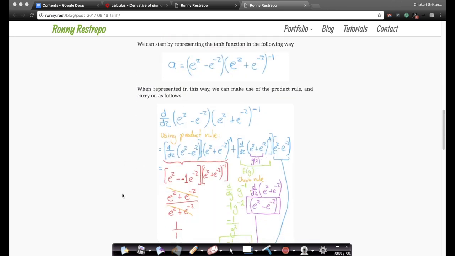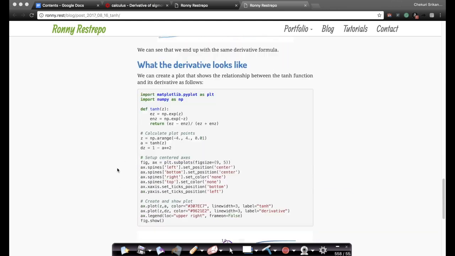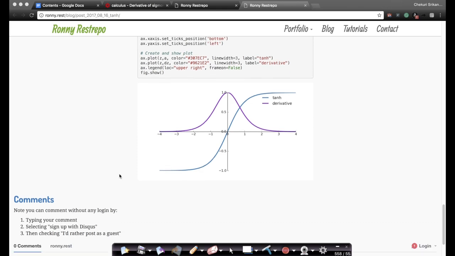applying chain rule, etc. Lots of nice steps that somebody has put in here. The most important part for me is this plot. So if you look at it, the tanh function, unlike your sigmoid function, again, we looked at the tanh function when we were learning about logistic regression and optimization and linear regression. We also encountered the tanh function. The tanh function, remember, your